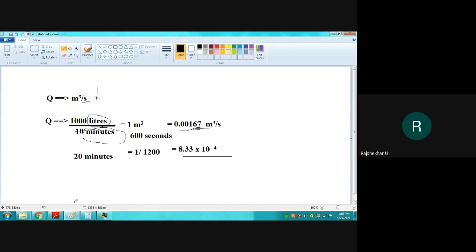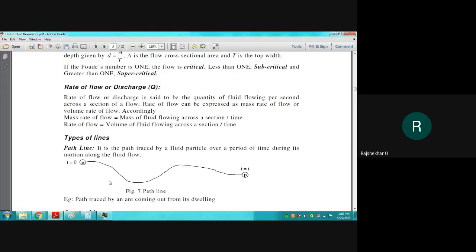Okay, so this is the logic behind discharge. I hope you got it. Even in the case of dams, they will mention discharge only, but the units will be different. They say cusecs. Cusecs of water is coming in, cusecs of water is let out from the gate. Cusecs has to be converted to meter cube per second. That is another system of units, but cusecs is also nothing but discharge.